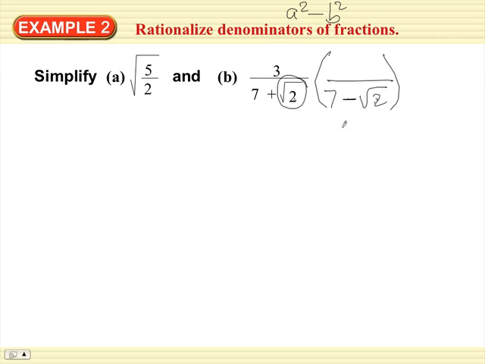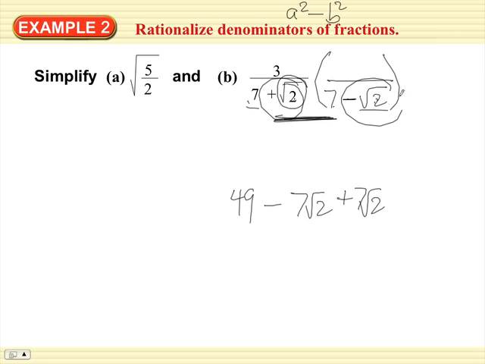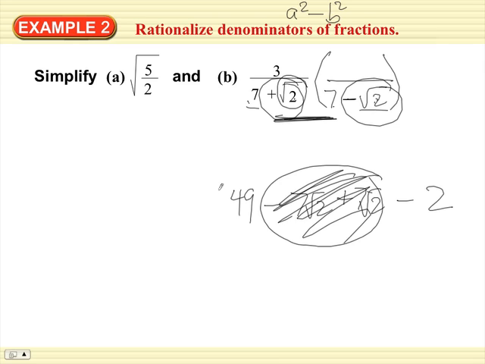What happens when you multiply these two together by FOIL? 7 times 7, 49. Outside 7 and negative 2, so minus 7 roots of 2. Inside, plus 7 roots of 2. You see what happened? And then positive this, negative this, what does that become? Minus 2 whole. Look what happened. Minus 7 plus 7 roots of 2 become 0. So therefore we're left with 49 minus 2,